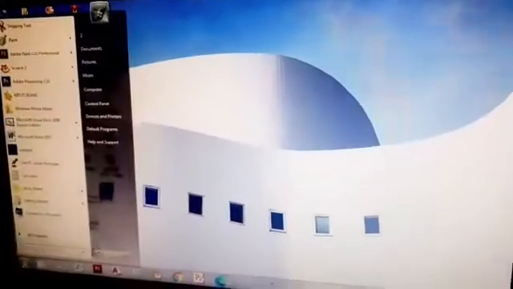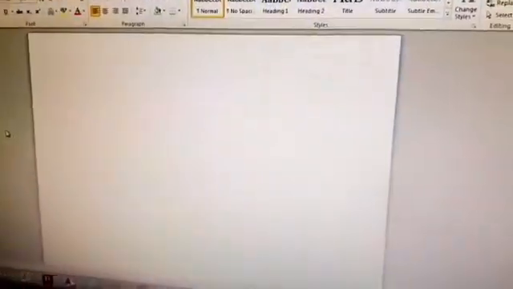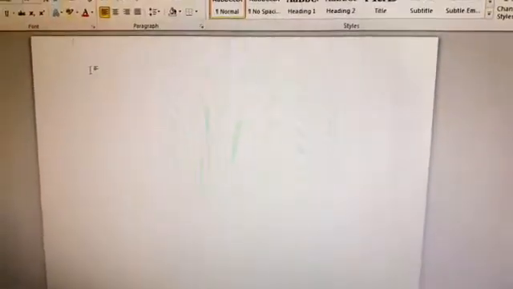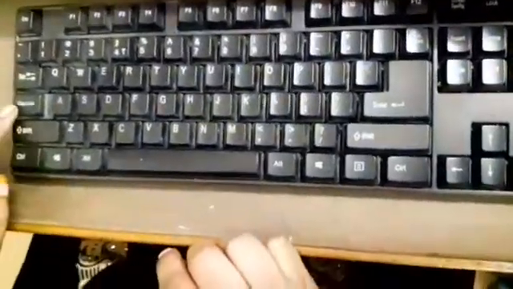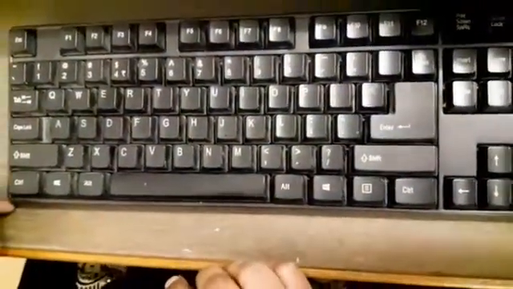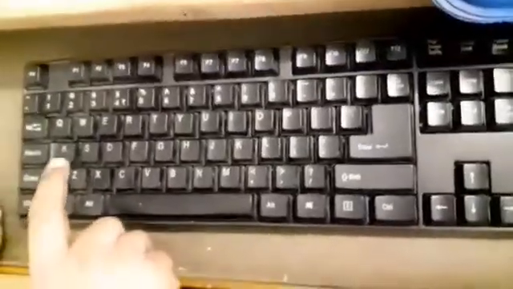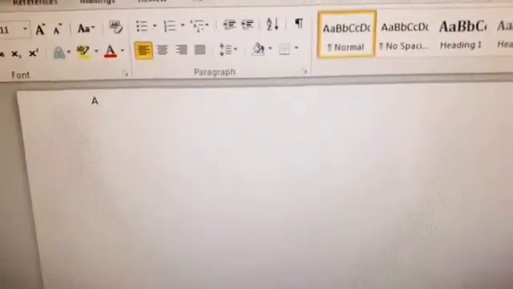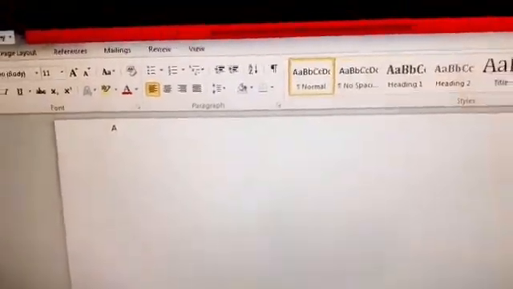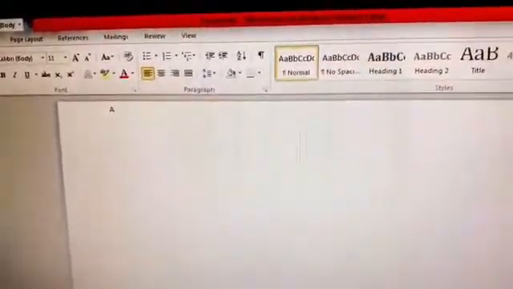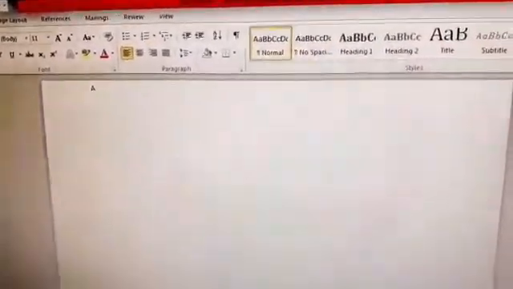Now let us check. Close this, open Word, MS Word, and let us see how to type using the option. You can see that, look at the keyboard. I want to type capital A without the caps lock key working. So first I will press Shift key and then I will press A. So you can see that capital A has been typed when I have pressed Shift and A key one by one. So this is how you can use this option.